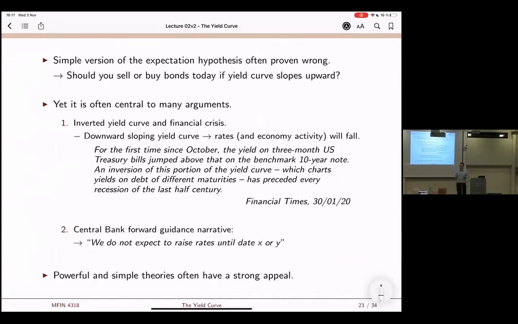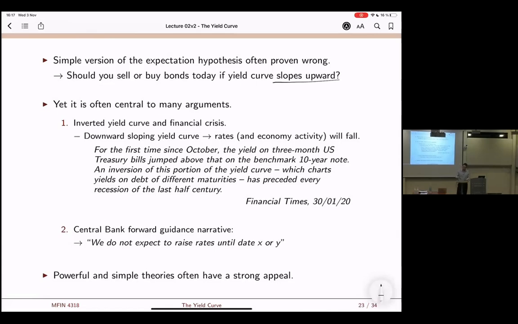So you should be careful to base any strategy on the predictions of the yield curve. Suppose that today the yield curve has a positive slope, which means that the long-term rates are higher than the short-term rates. But you might think, okay, I know that by the expectation hypothesis, this tells me something about the way the